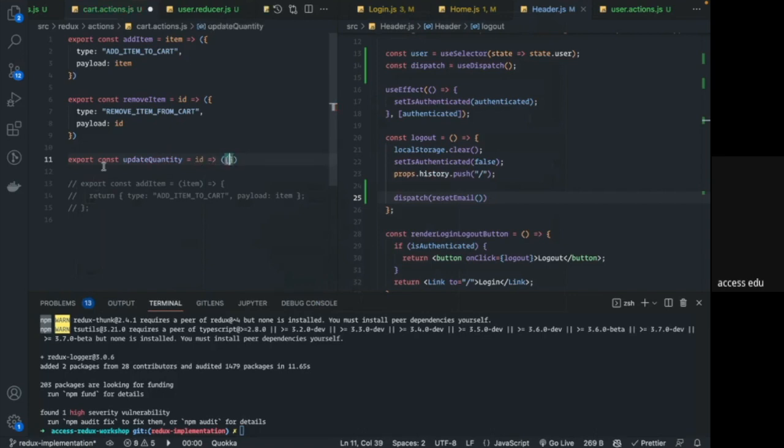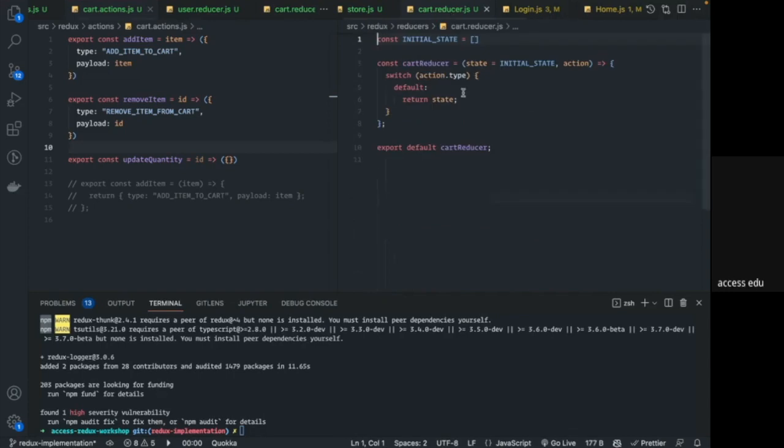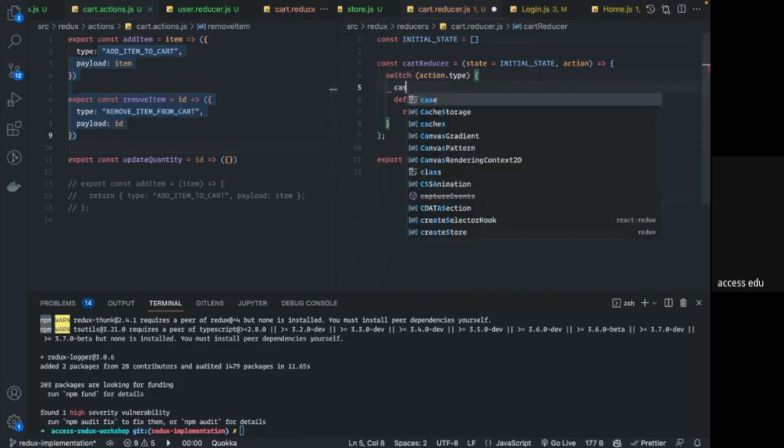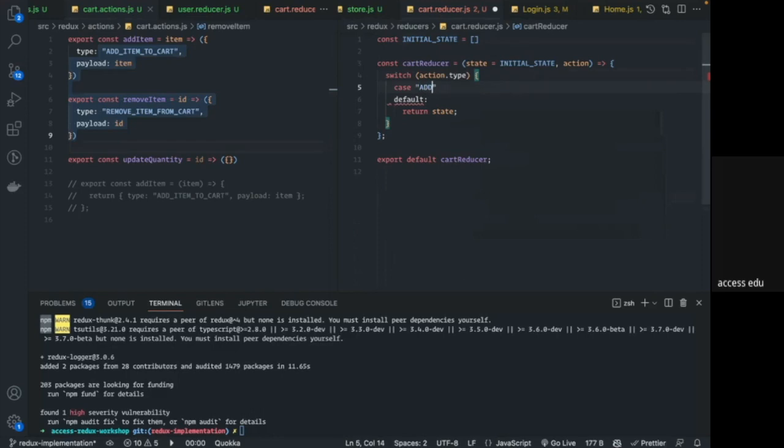I'll not write any logic here. Like for reducer, you can do this. So this is done. Now let's go to my cart reducer. The cart reducer, I have this, and I need to write the cases for these two. So for example, if I am getting case as add item to cart,